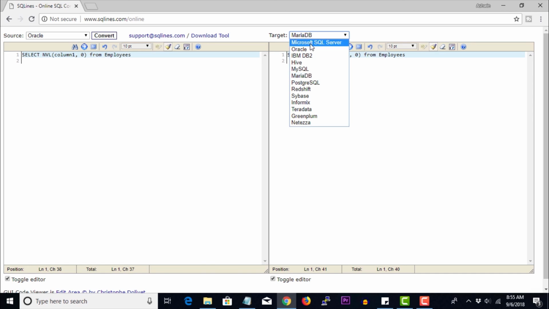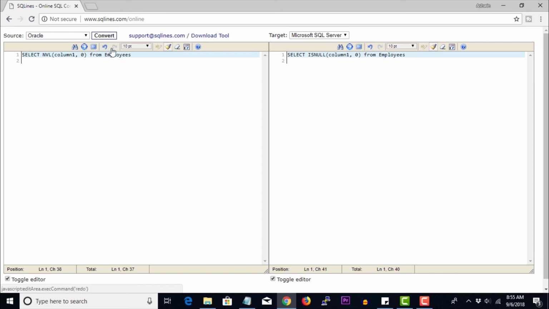Similarly, Microsoft SQL Server must be using some other function. Yes, in place of IFNULL, it is using the ISNULL function. The functionality of all these functions, ISNULL, IFNULL, COALESCE and NVL, is almost similar, and the query in Oracle will be translated into the SQL of Microsoft SQL Server like this.